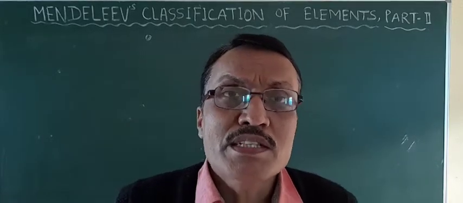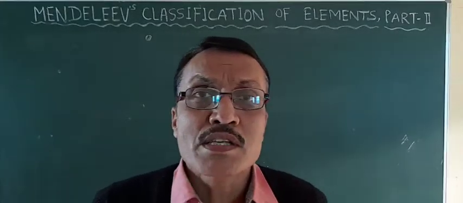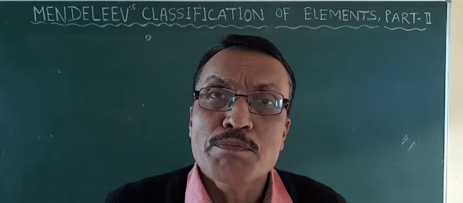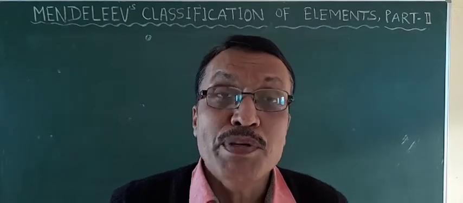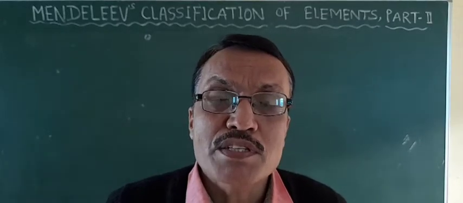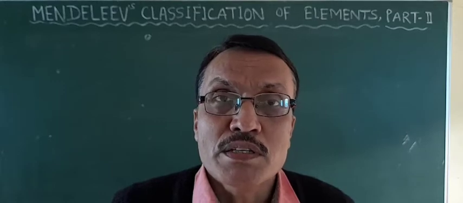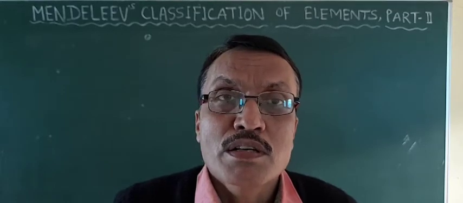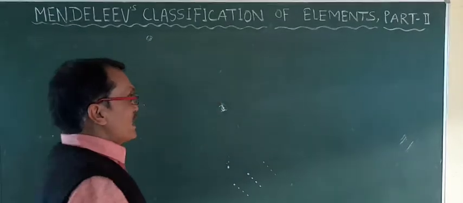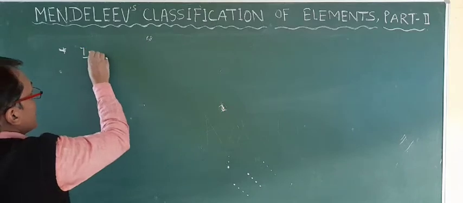Although he arranged elements on the basis of their increasing atomic masses, he gave a special emphasis on similar properties of elements, because he thought that atomic masses of elements might be wrong, but chemical properties of elements cannot be wrong. So students, in similar property,